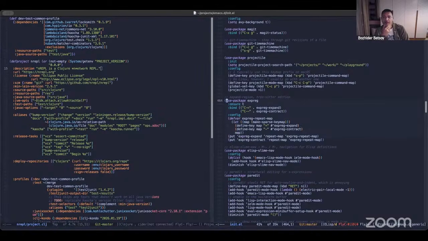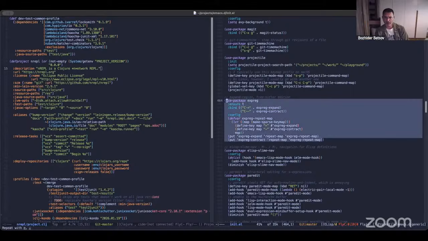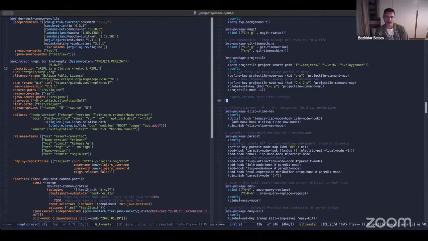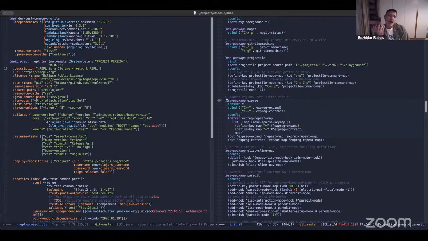or copy it around. Could you show us what it looks like when you use it? Yeah, so can you see how I'm selecting more and more? You can also do it in the opposite direction, and you can replace the selection or whatever. I think it's very useful in Lisps to be able to select quickly something within parentheses most of the time. Of course, I'm also using